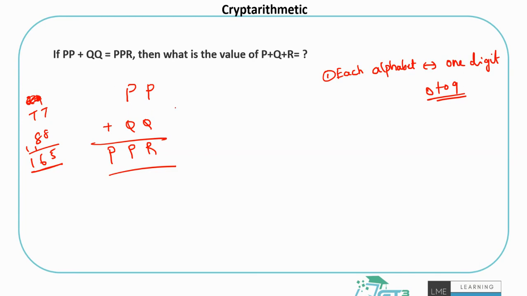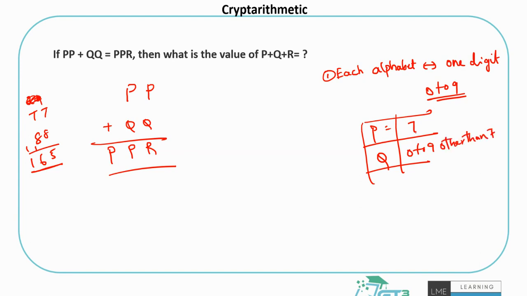Generally they follow the rule where two alphabets, like P and Q, cannot both be equal to 1 or 2 or 3. And the same P will not have multiple digits in different parts of the question. P will be a unique value, sticking to that value throughout the entire question. Q is equal to something, and P and Q cannot be the same. If I know P is 7, Q can be anything from 0 to 9 other than 7, because 7 is already assigned to P, and P cannot have any other values anywhere else. It's a fixed thing. This is the basic 1-to-1 mapping of alphabet to digit that you have to keep in mind.